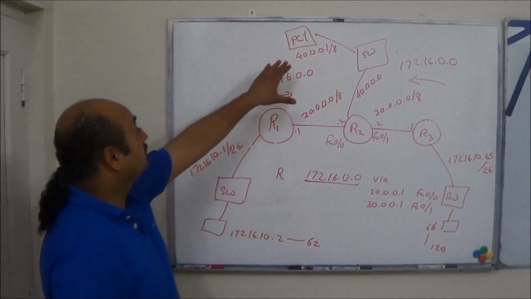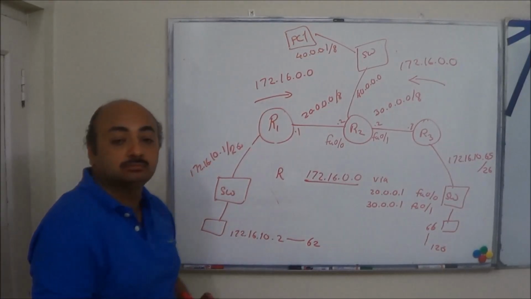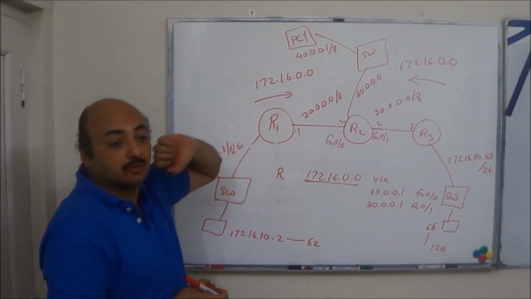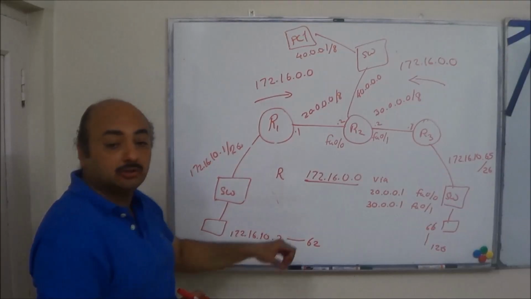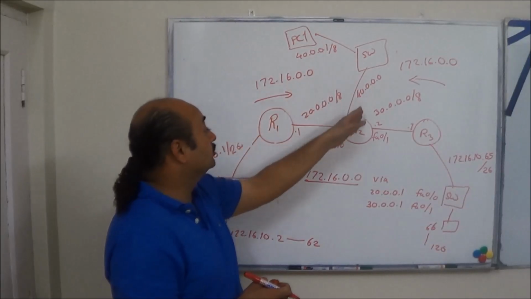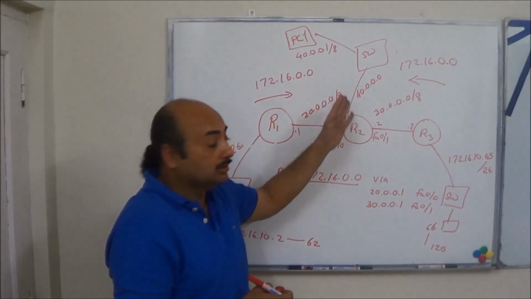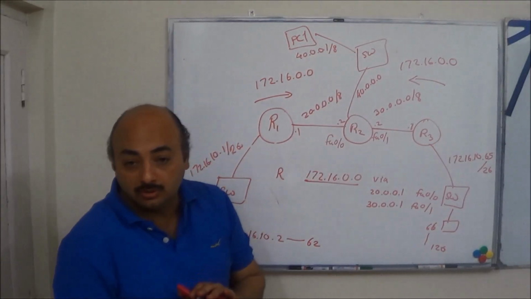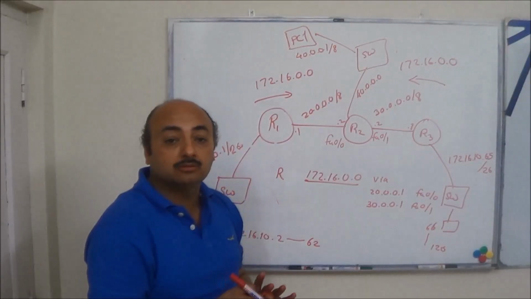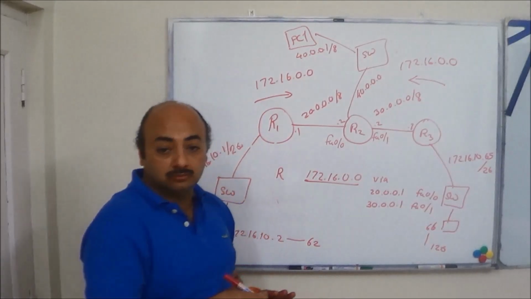Now let's say we want to send it to 172.16.10.2. So it forms a source IP and this destination IP of 172.16.10.2. Now it does the AND operation. It knows that it has to go to the default gateway, does the ARP, gets the MAC address and sends the packet to router 2. The frame is received by the router, decapsulated and given to the IP layer. The IP layer checks the destination IP address of the packet, which is 10.2.